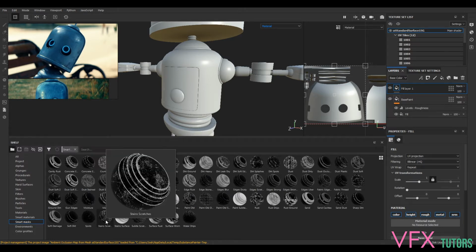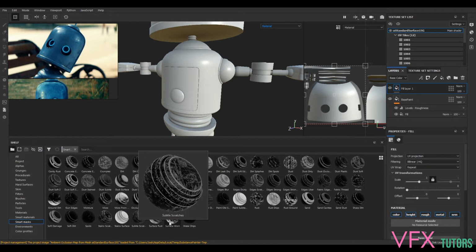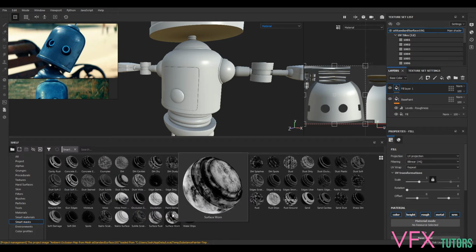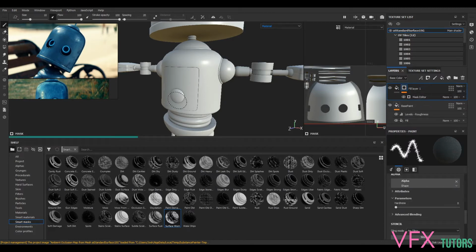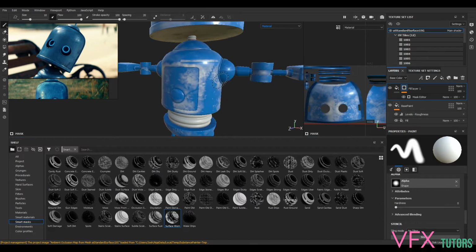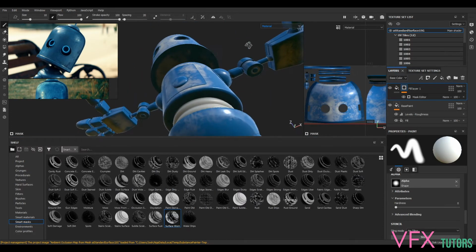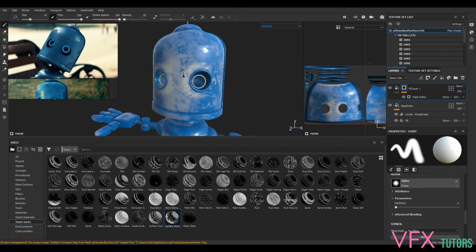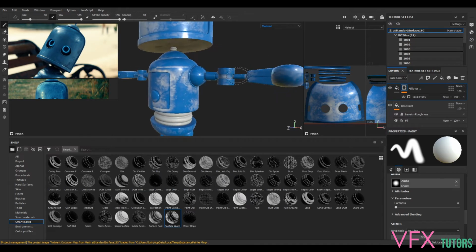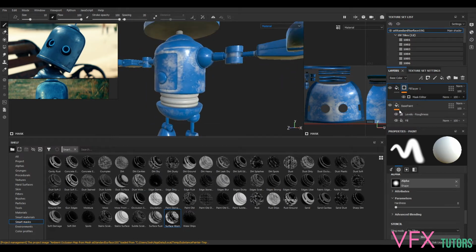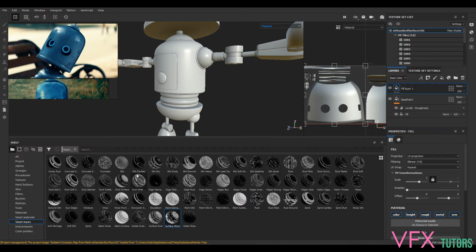It's got spots, stains, surface worn. Let's try that. I'm going to click and drag and put that up to my fill layer. You don't have to use these, you can use any one you want, but it'll give you a good idea of what's happening. So if we look at our surface worn, it's not really what we want. So I'm going to undo that,